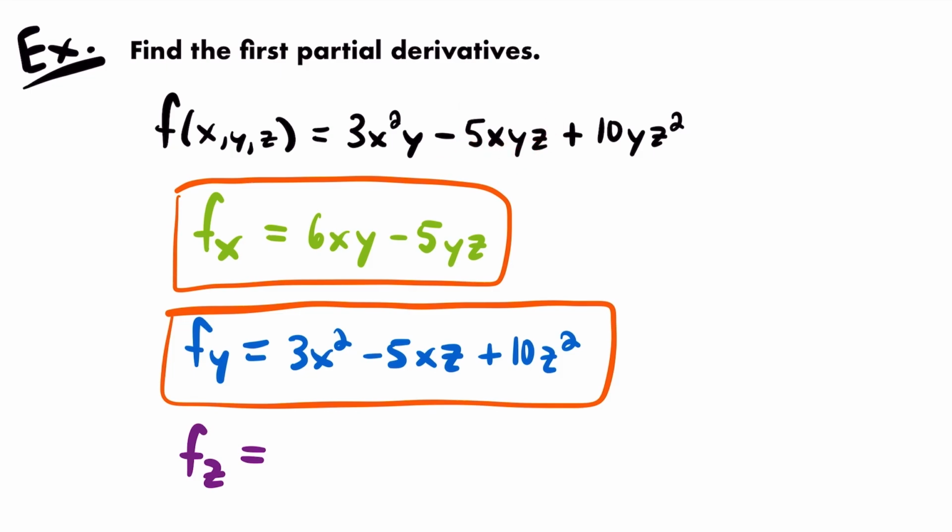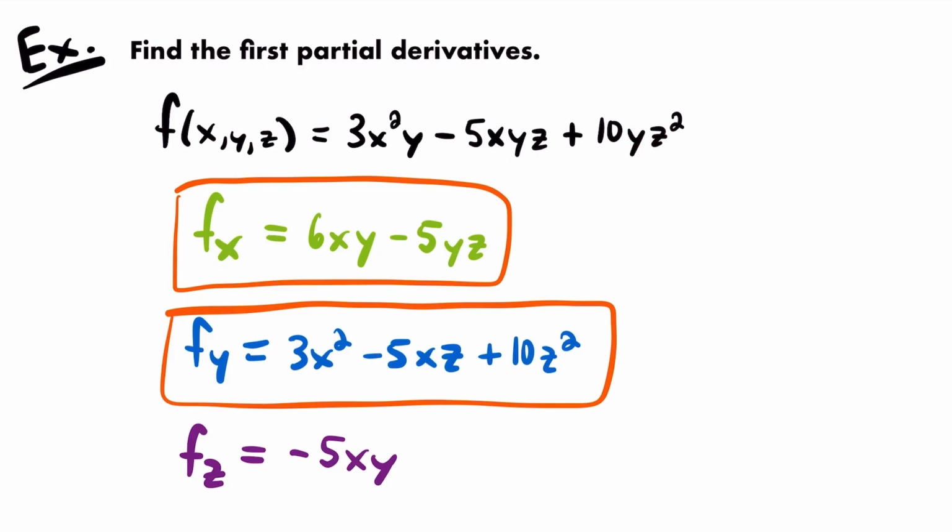So let's move on to the next term, where we have negative 5xyz, where z is to the first power. So the derivative of that would just be the coefficient of that term, which would be everything else here, because we're treating x and y as constants. So the derivative of this term will just be that term, but without that z. So we have negative 5xy,